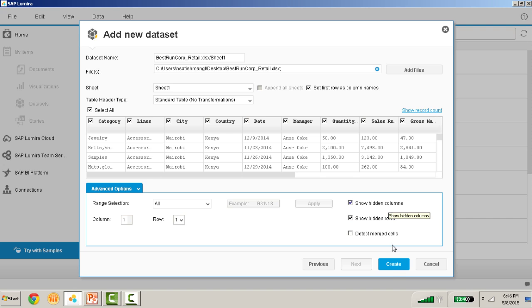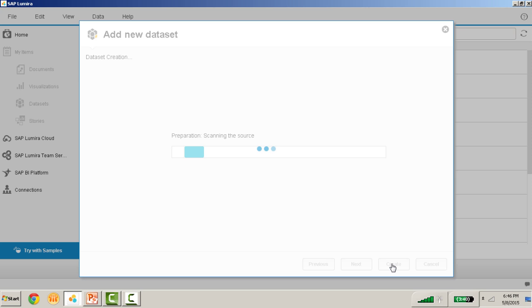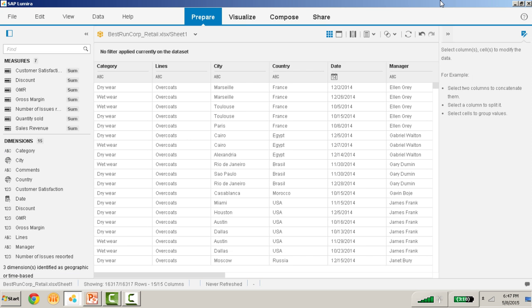Now you are in the report design area where you will be actually designing your SAP Lumira storyboards or visualizations. There are 4 major steps in SAP Lumira document creation. The first one is the prepare tab. As soon as you select your data set and click on create, you will be in the prepare